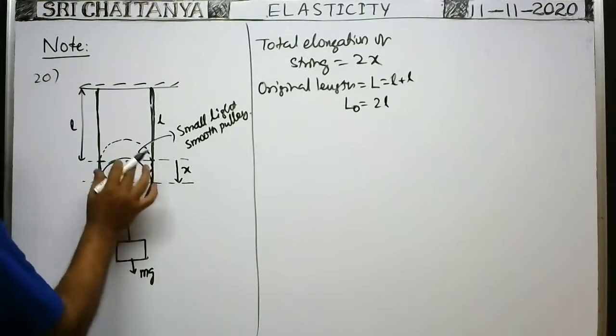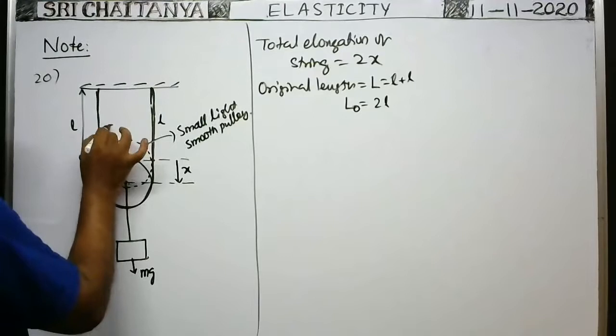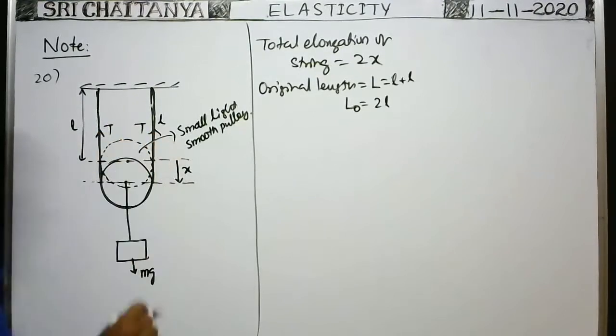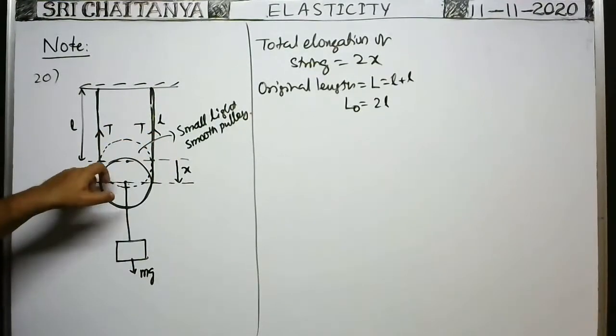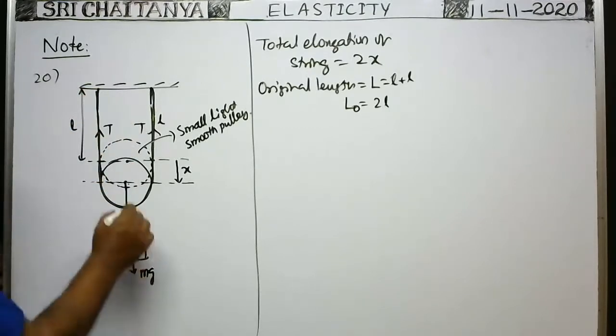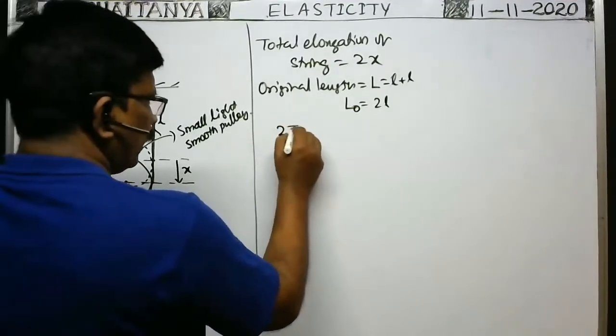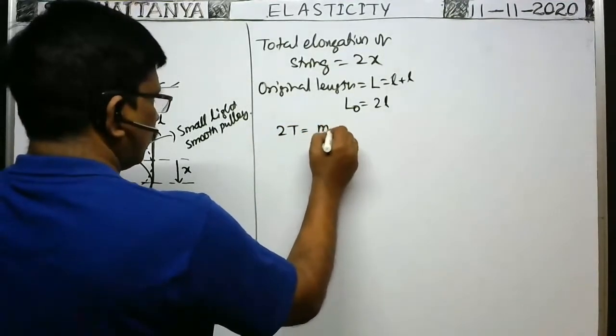Okay. Next, whenever the pulley is here under equilibrium, when tension in the string is say T, here also tension is T. Under equilibrium, on the pulley, the upward force is 2T, and the downward force is equal to the weight mg only, because at this point the weight of the load acts in the downward direction. That's why 2T is equal to mg.